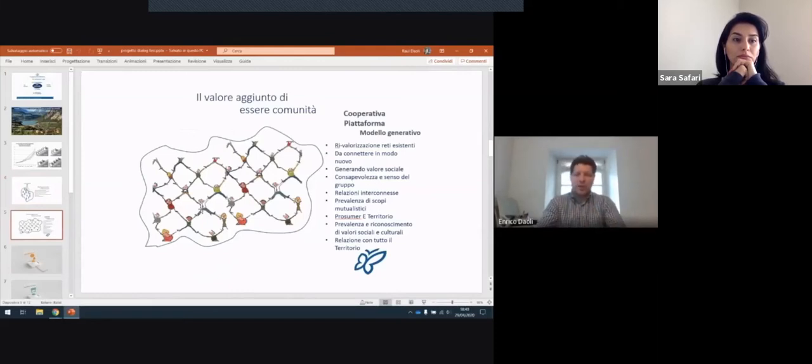At the center, something that facilitates relationship, collaboration, and cooperation. This logic enables the possibility to create a network among the single cooperatives, or let's call them enterprises, meaning that such enterprises can offer their services or products in a broader network.